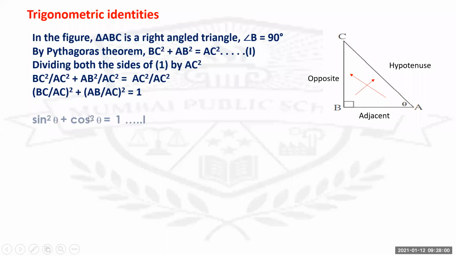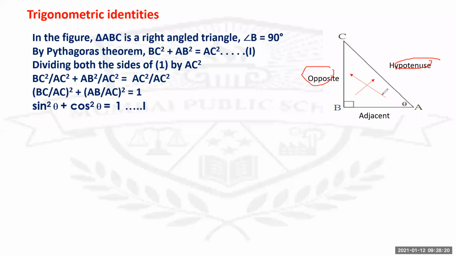Understand? So you'll get, now check, sine square theta. Now why sine square theta? I've written BC upon AC, the whole square. Now sine theta is given as opposite side upon the hypotenuse. Is this clear? Your opposite side is BC, and the hypotenuse is AC. So BC upon AC is sine, and because here it is square,